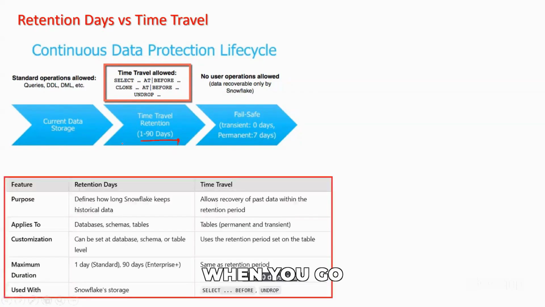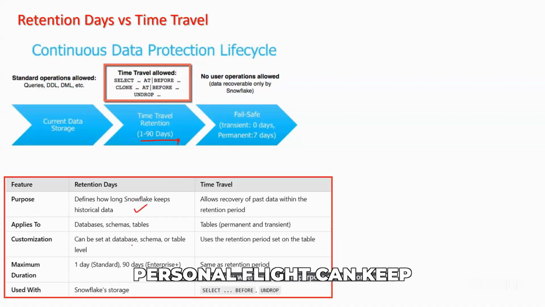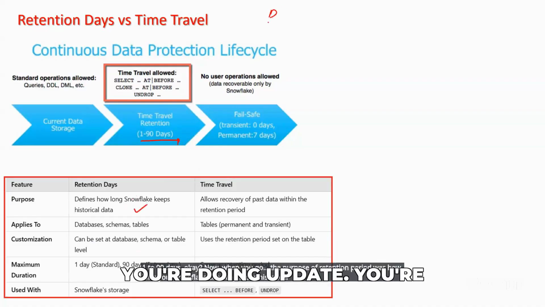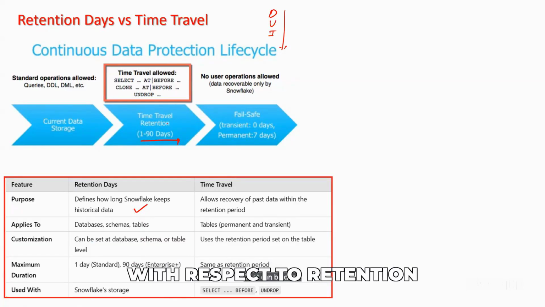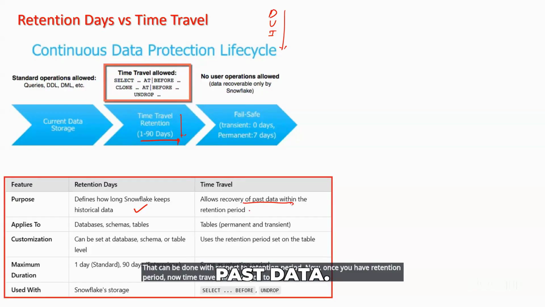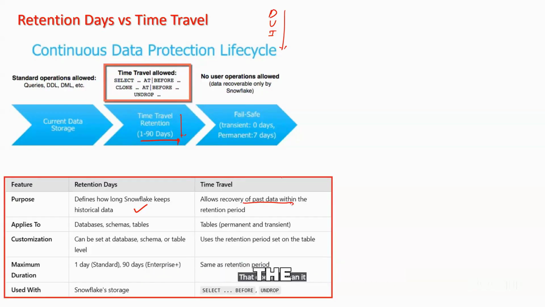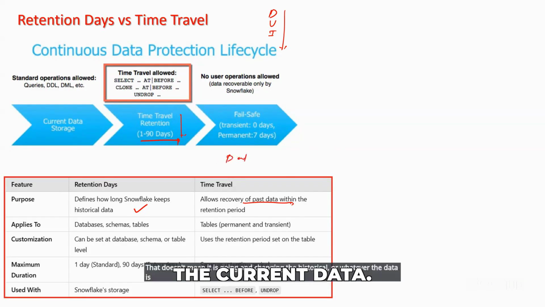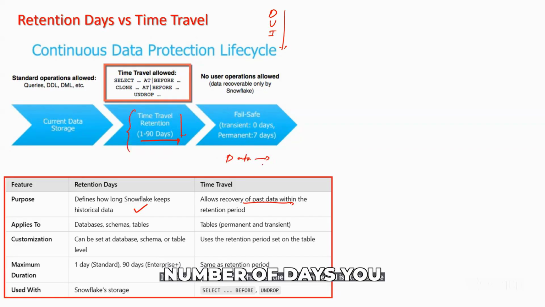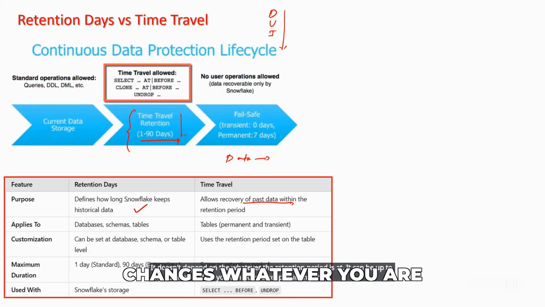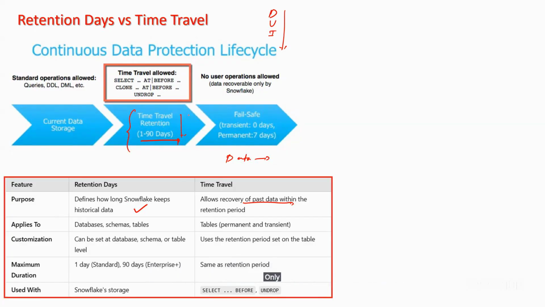The purpose of the retention period is how long Snowflake can keep the historical information. You're doing delete, update, insert, a lot of things. That information can be kept historically. It needs to understand till how long it can keep it. That is decided by the retention period. Now, once you have a retention period, time travel will allow you to recover the past data. That doesn't mean it is changing the current data. It can be any number of days you keep, but only the historical changes you are making can be reverted back using